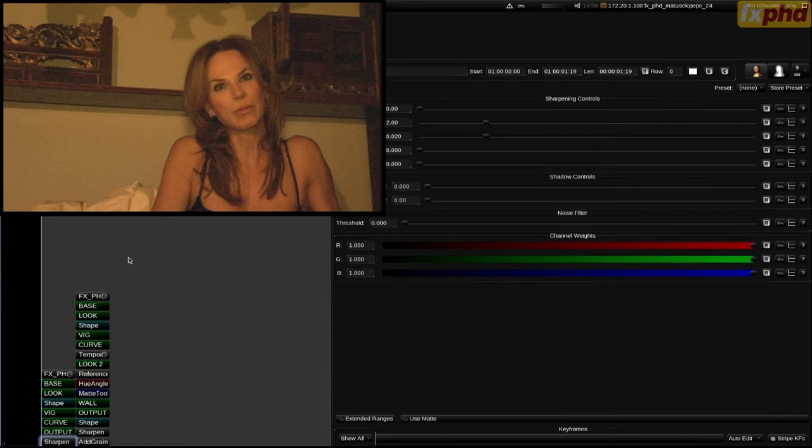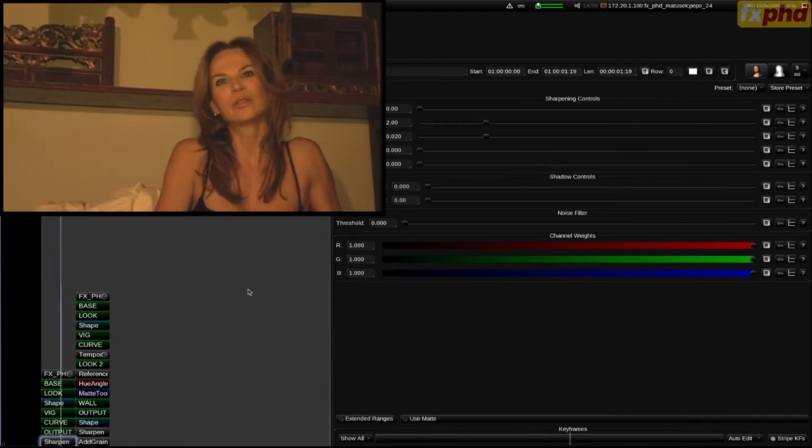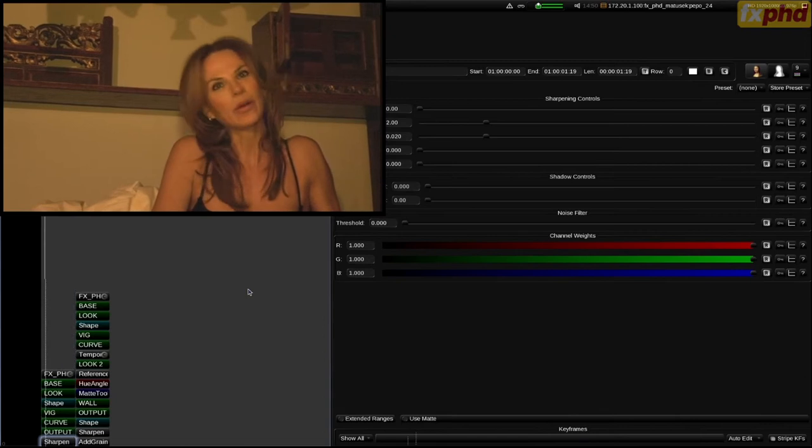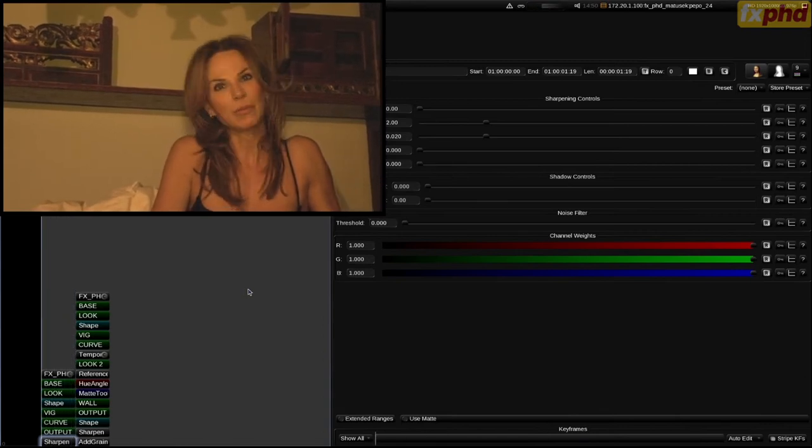So the first thing I would wonder about this shot would be context, where this happens to fall within the commercial or the film. A lot of times this could be a fluorescent-y warm scene, and maybe that greenish cast is appropriate. But since I don't know the context of this shot, I'm just going to try to make it as beautiful and balanced as I can. So the first thing I'm going to tackle here is the color balance of this scene,